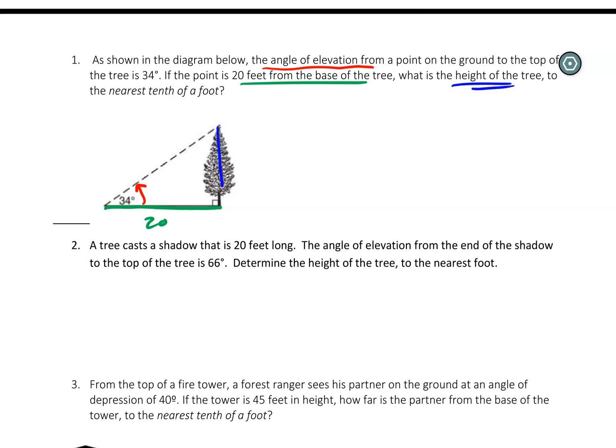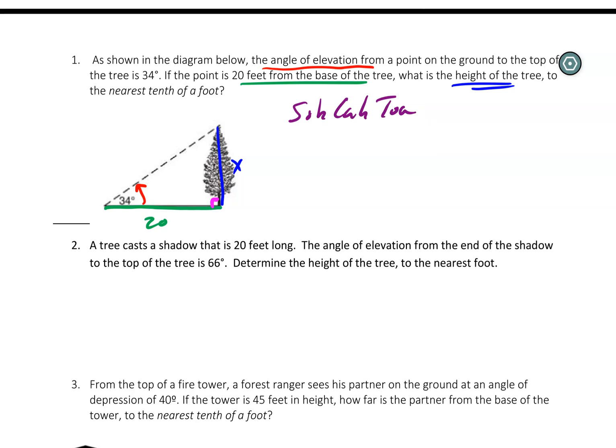So that is here. So it's going to be my x. So when trying to do this, now I have a right triangle. I know that this is a right triangle because we're dealing with a height, right? Which means that that has to be perpendicular to the ground. So we have ourselves a right triangle here. So now I can use Sohcahtoa, right, to help me identify which trig function to use to